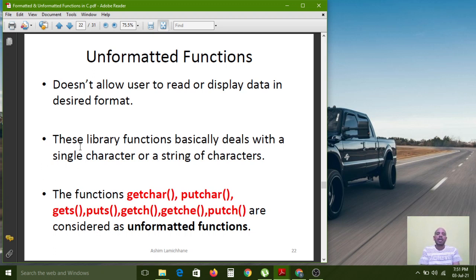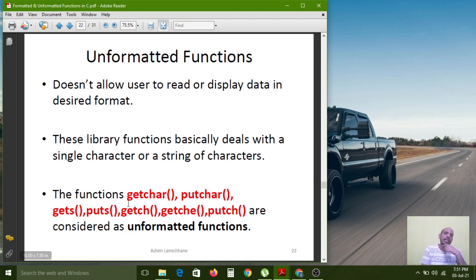So how many unformatted functions do we have? Single character functions and string of character functions also. But according to our syllabus, I would like to tell about the single character functions. When the string concept is going on in the string class, at that time I will explain the string functions. So now let us concentrate on the single character, unformatted functions.